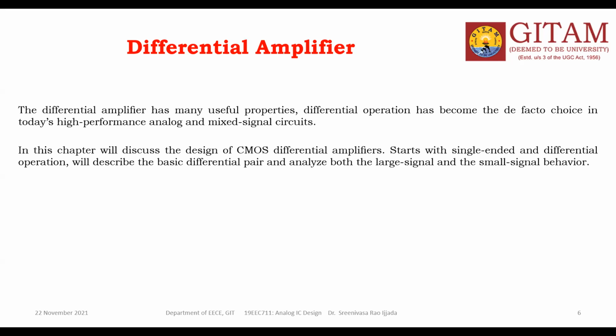What do you mean by large signal analysis, and what do you mean by small signal analysis? It's very simple. Already in the last module we studied. For example, if you take an inverter, the input is 0. Later, after some moment of time, the input varies from 0 to VDD. This is a large variation. Ground is 0, Vs is 0, and VDD is 5 volts. The variation is large, from VDD to ground, you are changing.